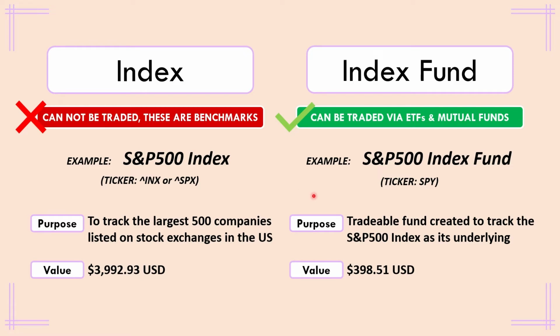On the right, we have the purpose of the index fund, right? So the index fund is going to be a tradable fund created to track the S&P 500 index as its underlying. So the S&P 500 index fund is not the index. It is our index fund that is tradable and gives us the opportunity to trade the health of the market. The value here you can see is just shy of $400,